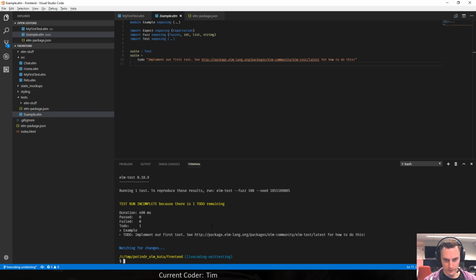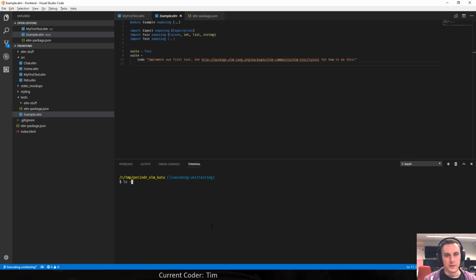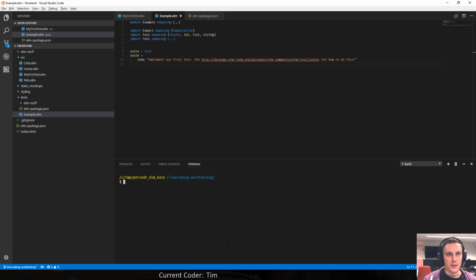The way that the directory structure is set up right now is there is a backend and a front end directory, and the backend is basically just the server JavaScript file that we talk to during our application, and then in front end, that's everything you can see here.